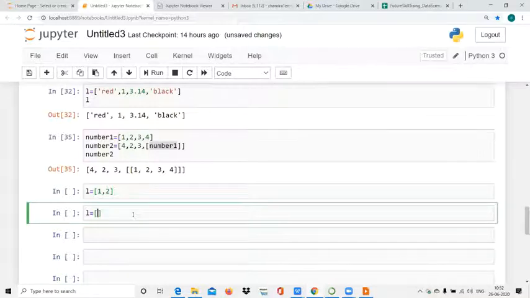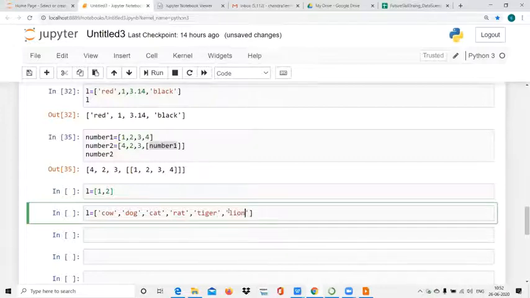So suppose I created a list of this: cow, dog, cat, rat, tiger, lion.